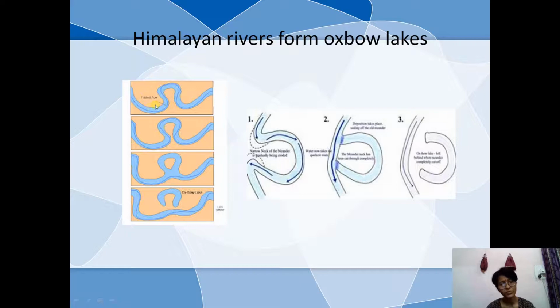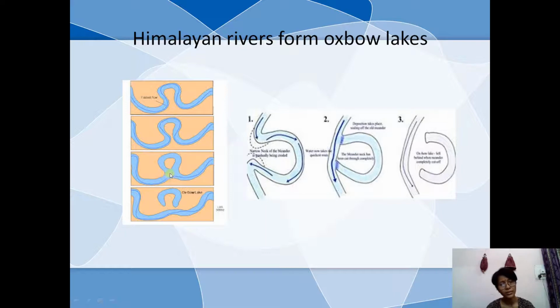That means the river is flowing in a zigzag way, and slowly you see this part, wherever the banding part is there. Here in both I'm showing with the cursor, the more erosion occurs from this western side, and here in this curve also erosion occurs from this side. Slowly what happened, the river doesn't take the longer way and try to join the other part, because of the force of the river